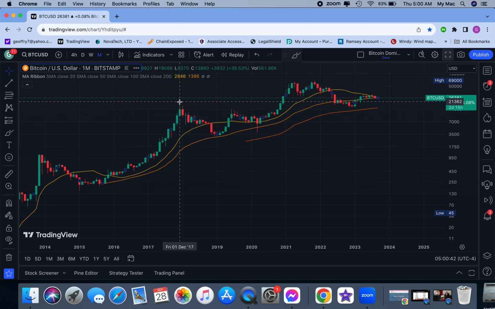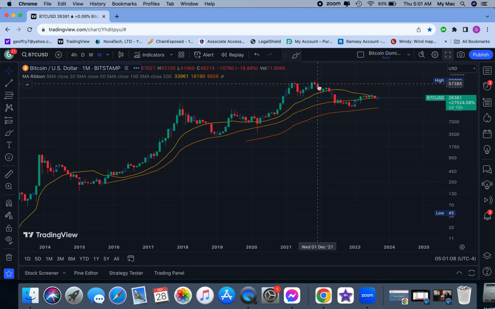This was a nice bull run. Came down, retested it, used it as support right here, didn't break below it, bounced above it, tested it, bounced, and then failed. And then we went back up, once again closed above it. Once we closed above it, new bull market,